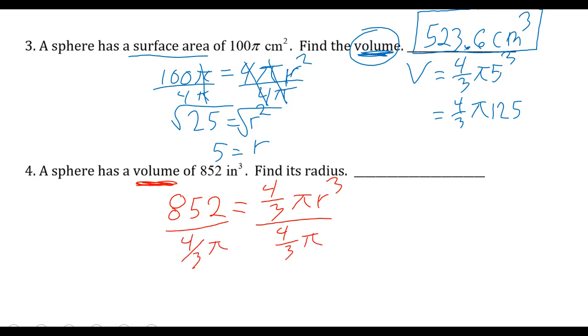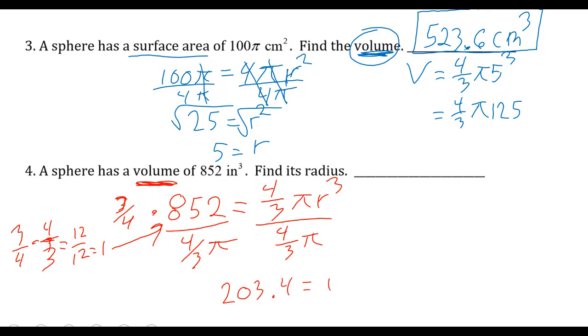Now, if you do want to multiply this by 3/4, you could do that. That is the same thing as dividing by 4/3. Why is that the case? 4/3 times 3/4. You got 12 on top, 12 on bottom. That equals 1. That's what we wanted. Right? They're reciprocal. That's why that's working. So you could multiply by 3/4, but you do have to divide by pi, like we have at the bottom here. Alrighty. So once you do that, you should get like a 203 and I think like 4/10 equals r